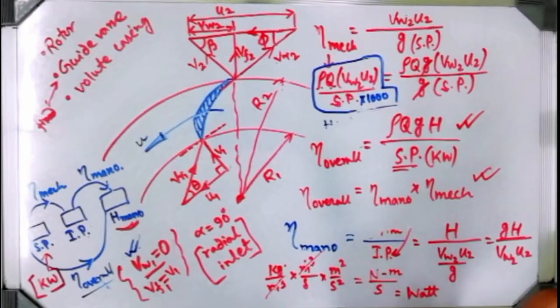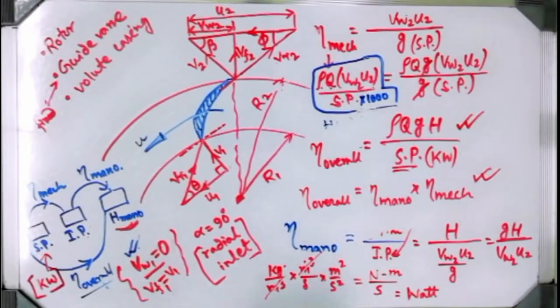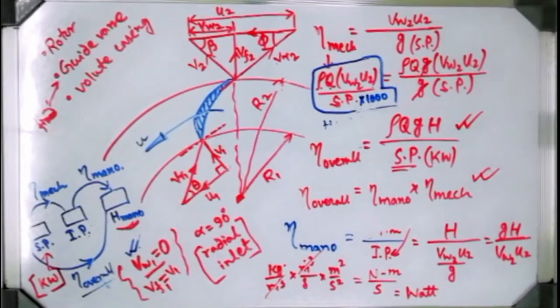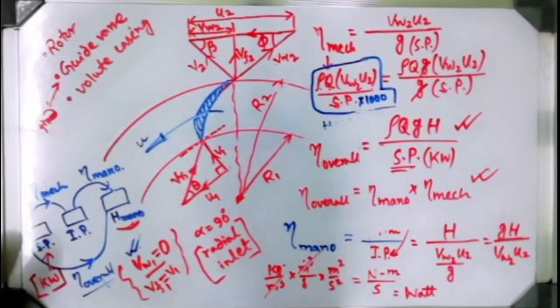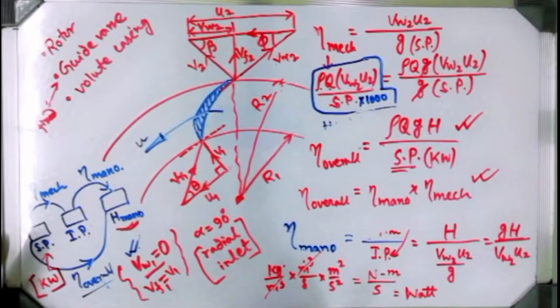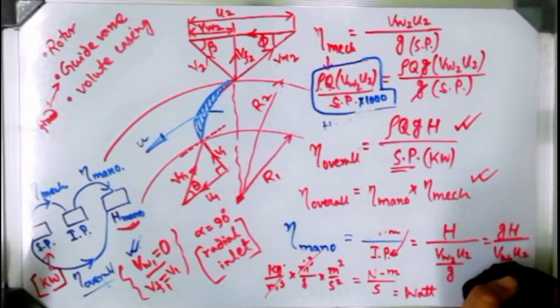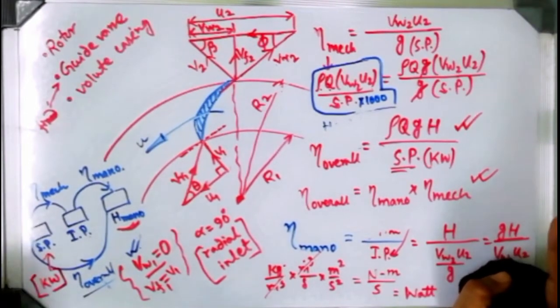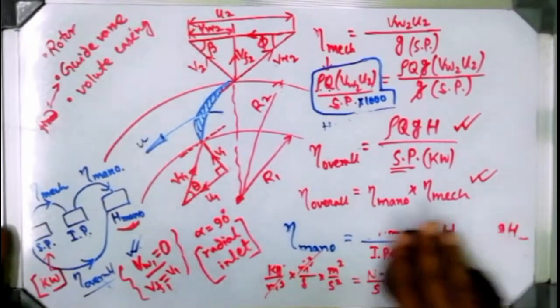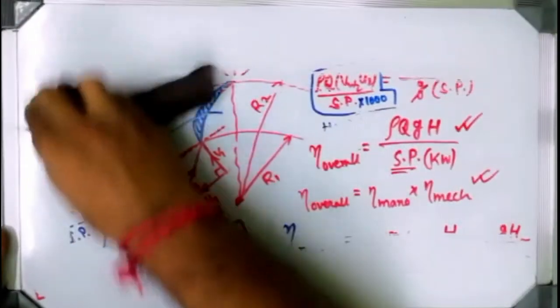What are the conceptual things that I should discuss now? After completion of this velocity diagram, please clear one thing: this velocity diagram and these formulae are very important. They are used to solve numericals, but many conceptual questions can be there in the case of centrifugal pump. For them you have to know the theory. If you memorize this formula, anyone can solve any problem coming from centrifugal pump. They are very easy, just like the Francis turbine problem.